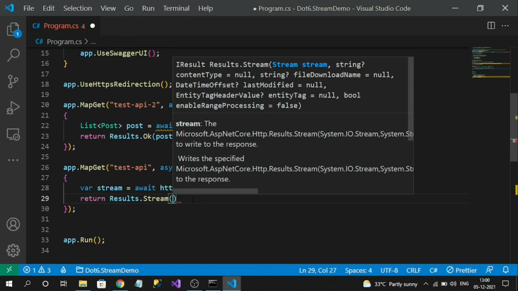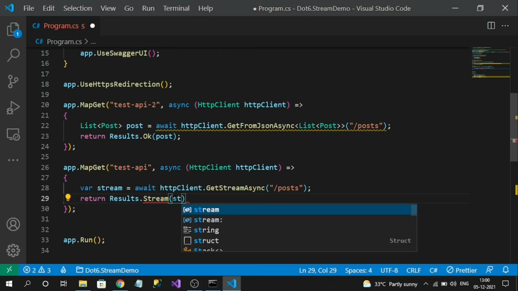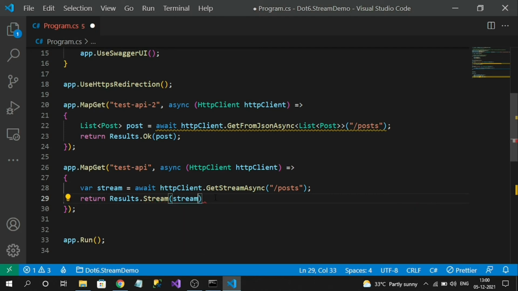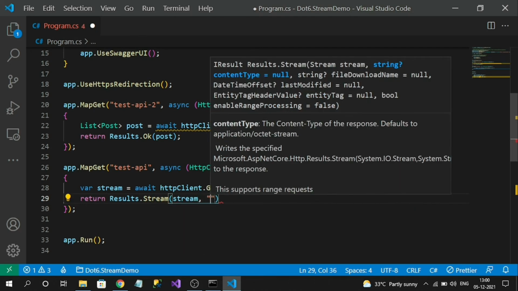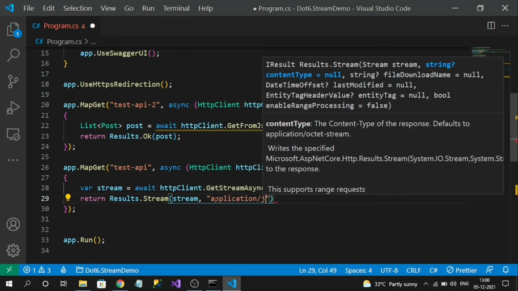This Stream takes several inputs, like the stream, the content type, and a file download name. So it can be used for anything, like a file download, an XML response or a JSON response. Here I will pass the stream from the API and specify that it should be delivered as JSON to the user.